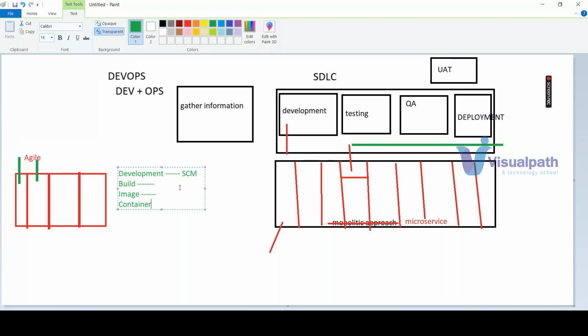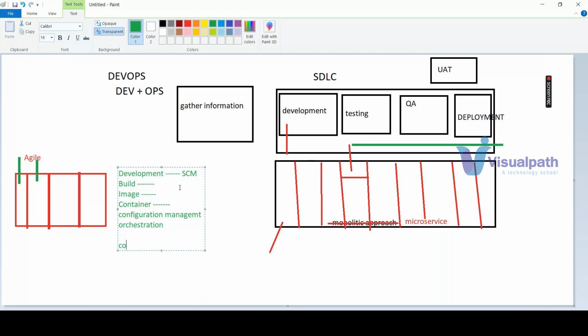So what is the meaning of every stage, I will come to that later. Okay. Now once that is done, we are going to do the configuration management. Once that is done, we have to do the orchestration, and all the things should be combined with each other. So these are different things or different tools. Every tool will be combined with one another using one concept that is called continuous integration,